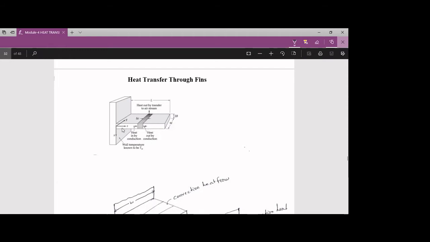There are many applications where we need to use these fins, because in some cases more heat is generated than there is sufficient area to transfer or dissipate. As it does not have enough area to transfer heat, due to geometrical irregularities, stresses are induced. Those stresses we call thermal stresses. Once thermal stresses develop inside the material, it leads to failure of the material, or it is deformed easily.